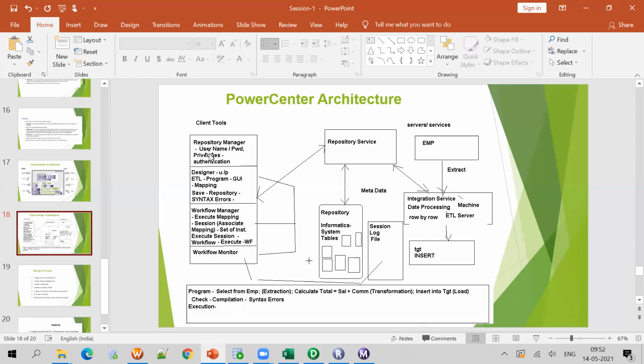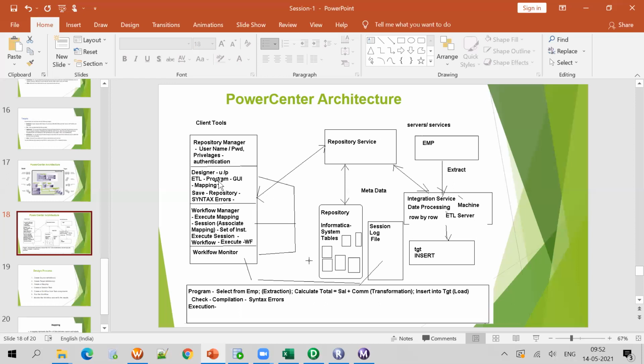Now, what will the repository service do? It will take the data from the client tools and store it into the repository. So the repository service is a middleware between the client tools and the repository. Without the repository service, you cannot store this data into the repository.